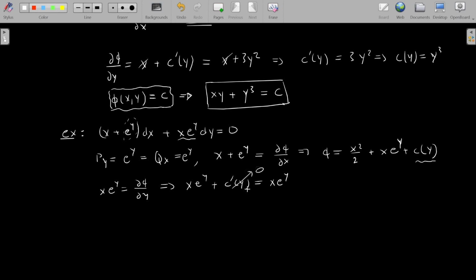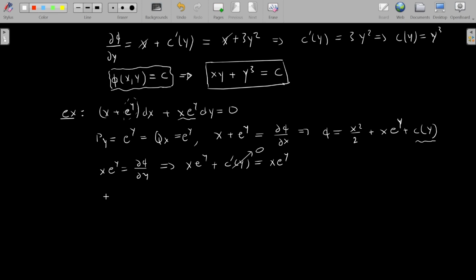So this is 0, and its integral is just a constant. So finally, this is written as x squared over 2 plus x e to the y plus a constant